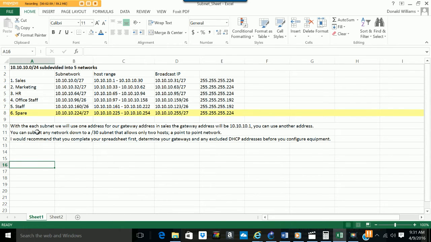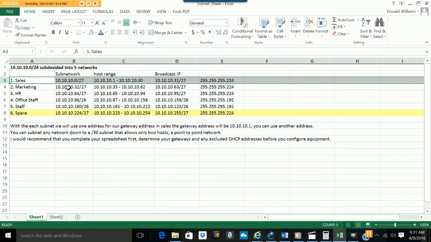So what we come up with is what you see here in this spreadsheet. For the sales department, we have a 10.10.10.0/27 subnet. Now we have a host range of 10.10.10.1 through 10.10.10.30, and we have a broadcast address of 10.10.10.31. And our subnet mask, you see, is 255.255.255.24. Now this address range will give us 30 host addresses, which will cover the sales department because we were